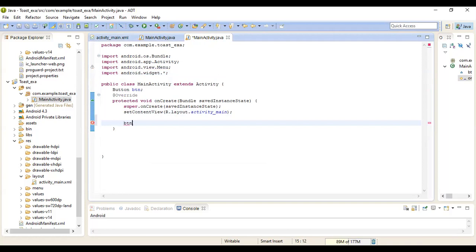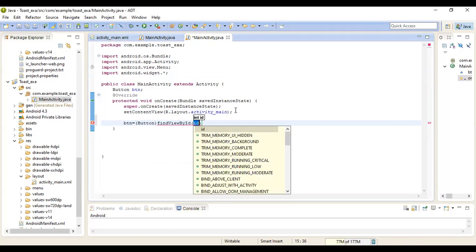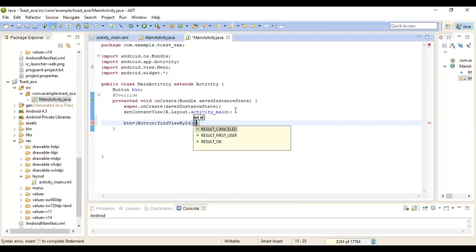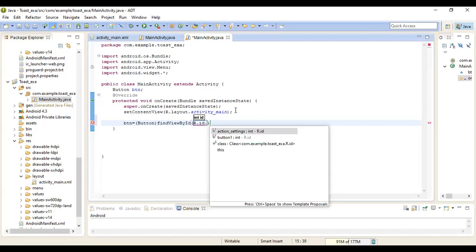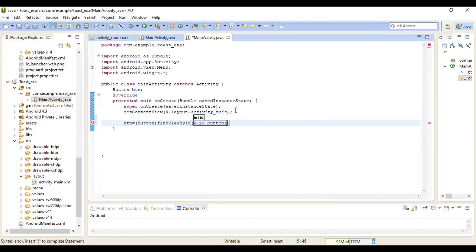So btn is equal to Button, and we are using the findViewById method to find the view. From where do we have to find the view? From the resource folder. So R.id.button1 is our ID. Put the semicolon after that.